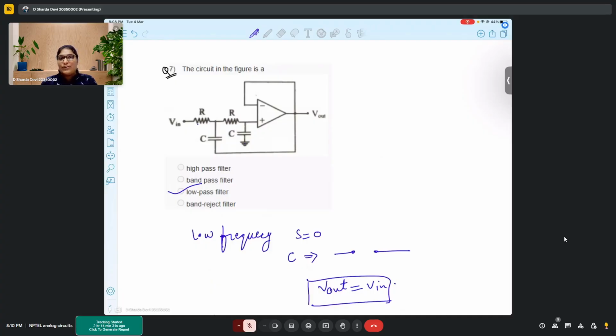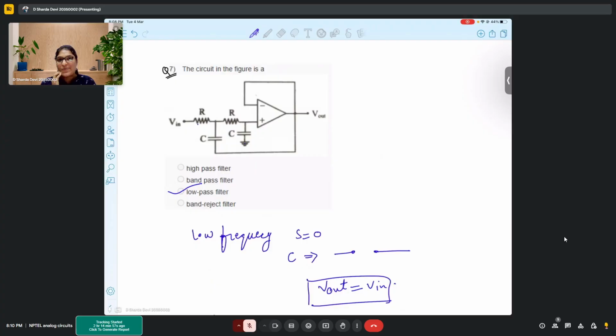And definitely you would not get any zero, because we have seen that in low pass filter we don't need a zero for designing. Or else if there is a zero, it would be away from both the poles. Maybe you can calculate this and see, but since R and C values are not given,